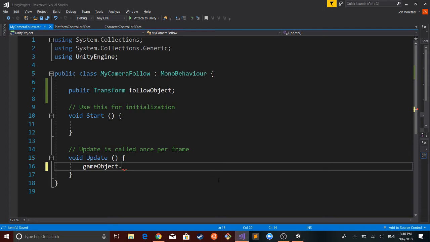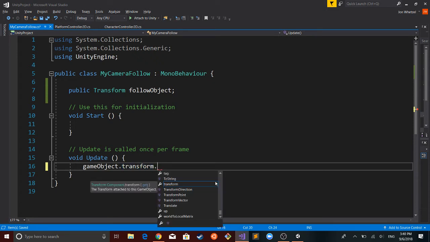So if I start typing transform, you can see it auto-completes transform. And then under transform, you remember we had those three different variables, position, rotation, and scale. And so position